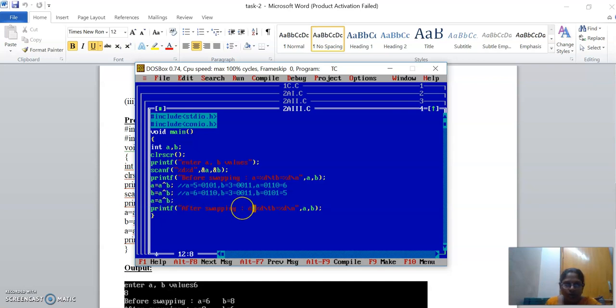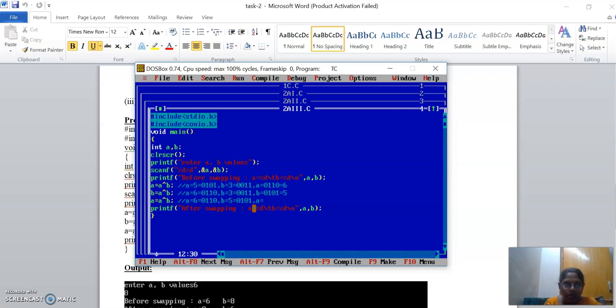Now finally, what is the A value? The previous A value is 6, which is 0110, and B value is 5, which is 0101. Now what will be the A value?